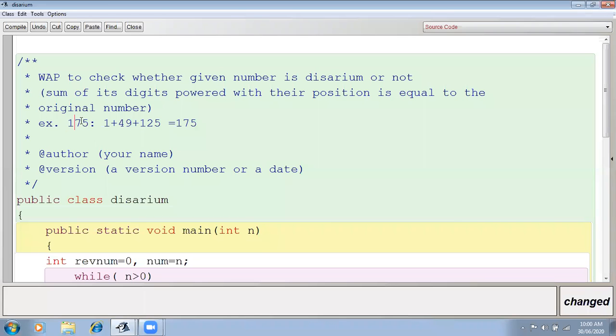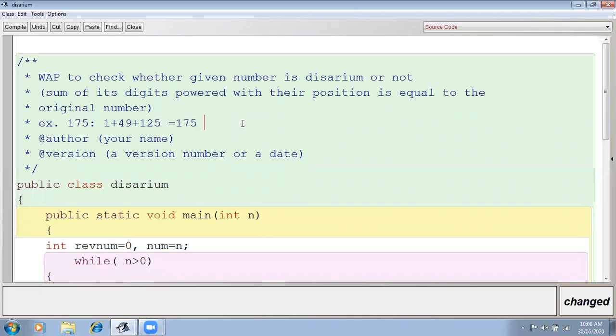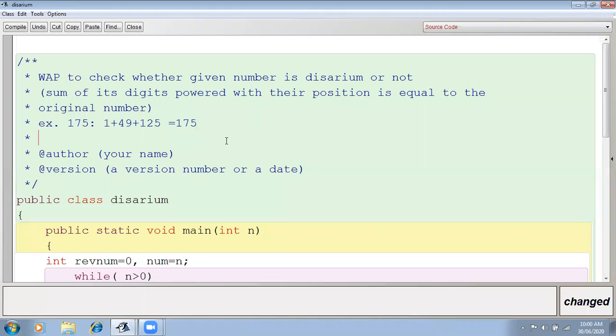See, when I'm doing the modulus or the division, if I'm taking 175 mod 10, which digit am I going to get first? 5, right?